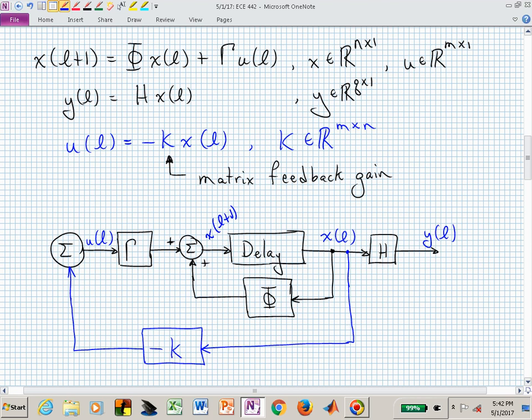That's the picture, and the system, the plant that we're playing with, is really